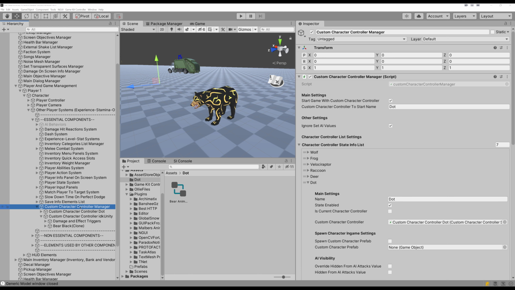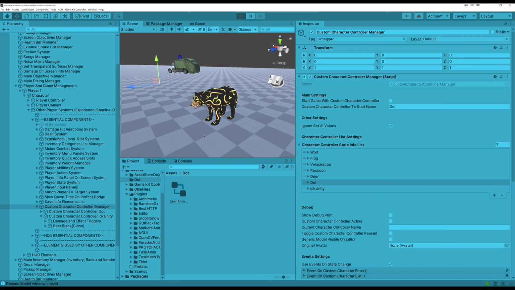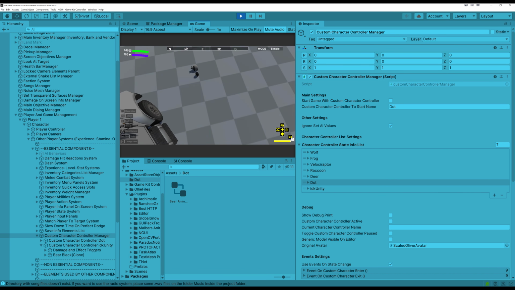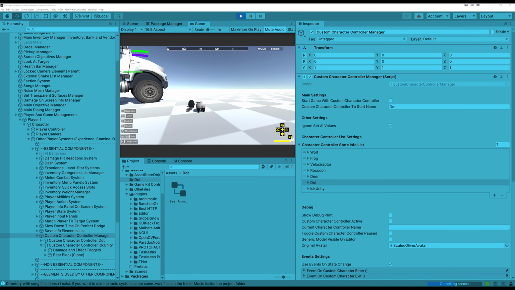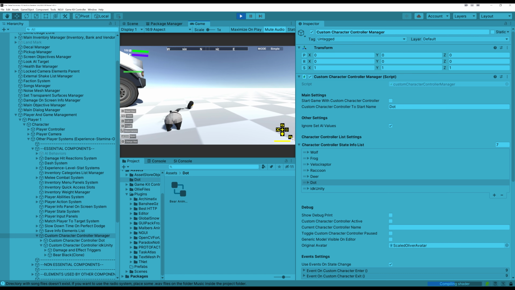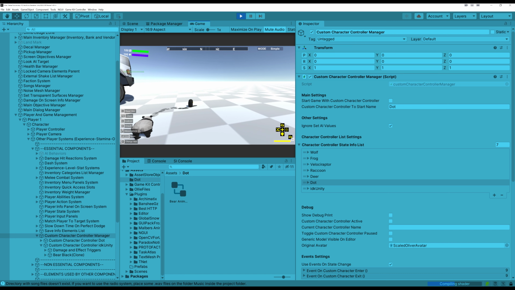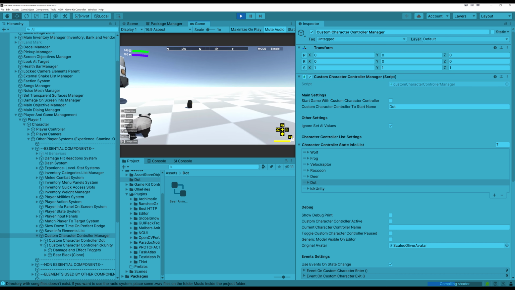In Custom Character Controller Manager, you can take a look at main settings, start game with custom character controller. If that's off, we should get our penguin Ollie on this try. And then, oh, there he goes. And then if, oh, I clicked out. All right, so we've got Ollie, and he's super slow. He's a good speed. I just have to speed him up for the sake of him being able to get